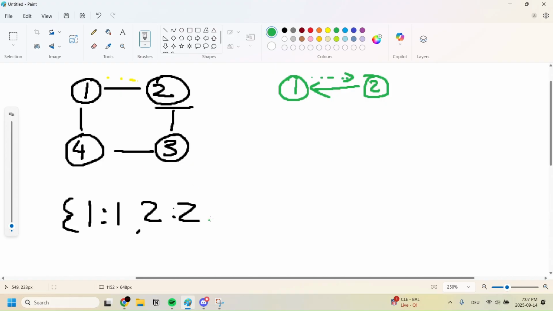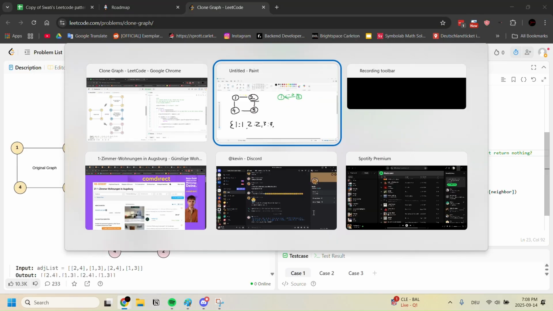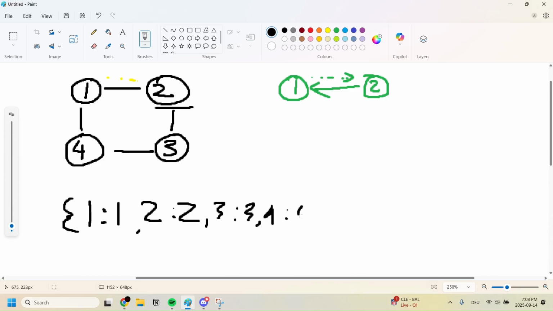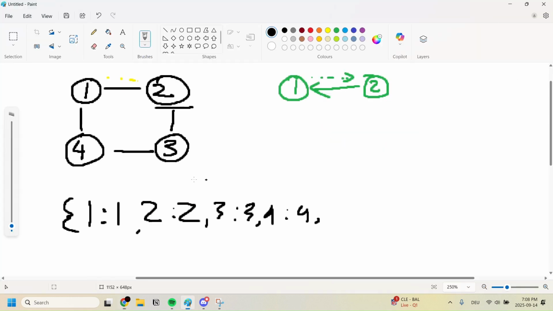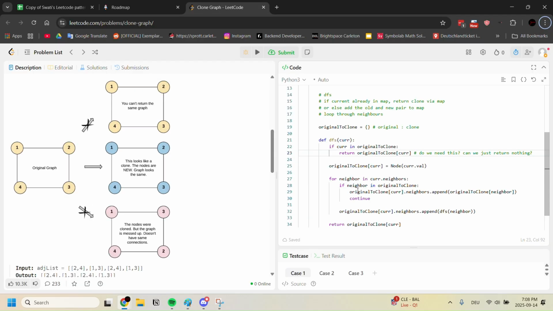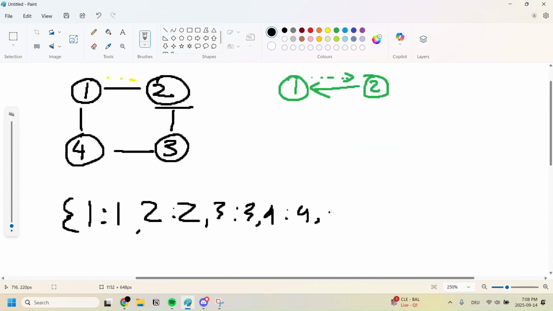3's already been added now, so we're gonna go to like 3, right? So 3 is going to be here. So now we're at 4. So it's obviously now, so we're going to add 4. We're going to add that relationship. And then for neighbor in cur.neighbors, so what are 4's neighbors? They're going to be 1 and 3. So if neighbor, so we're going to add,